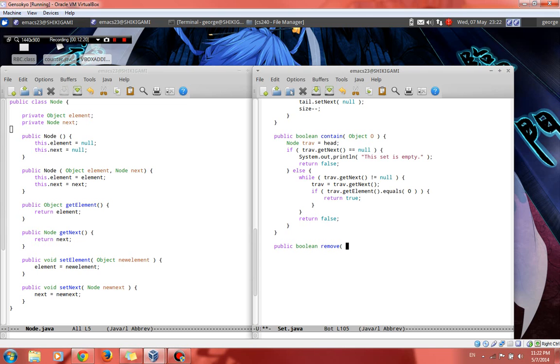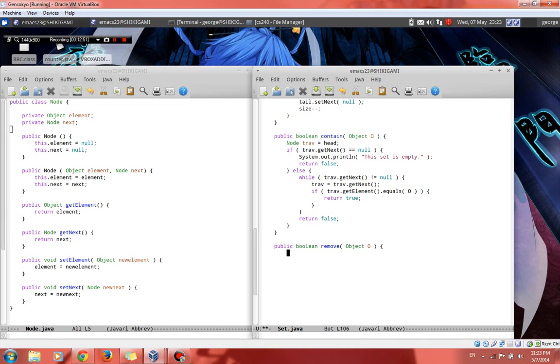Wait, so does it take in an object? I guess it does. Yeah, okay, I'm gonna go ahead and assume it takes an object, because otherwise they'd be passing in a node. And I'm not an expert at computer programming, but I'm not exactly sure how one would go about doing that anyway, reasonably through a user input. Right, so